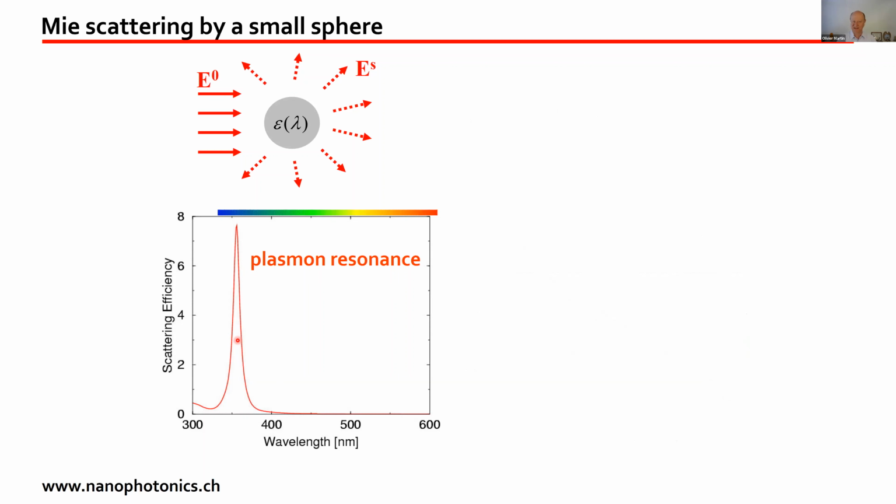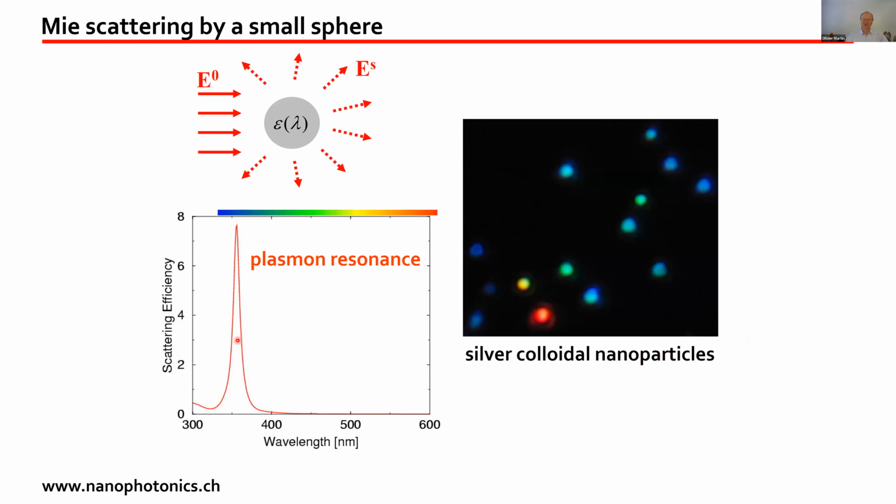the blue region. And if you have such a nice theory, it's of course tempting to make the experiment. So you can take colloidal silver particles, they're all the same size, look at them in the dark field microscope, and what you will see is, yes, a nice little blue spot here, but you will also see that some of these particles are green, some appear yellow, some even appear red. And this is very surprising.